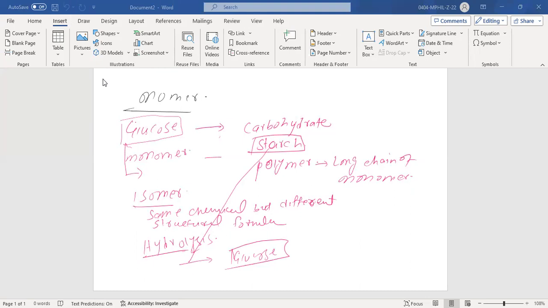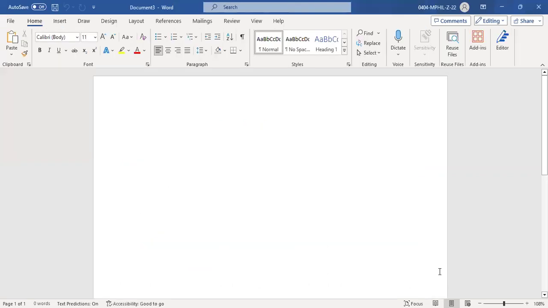is it shared in C3 or not? Okay, let me change it. Anyway, so